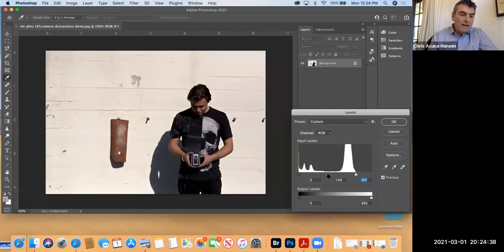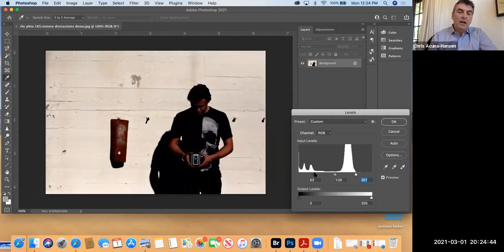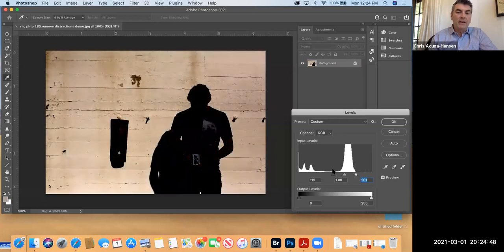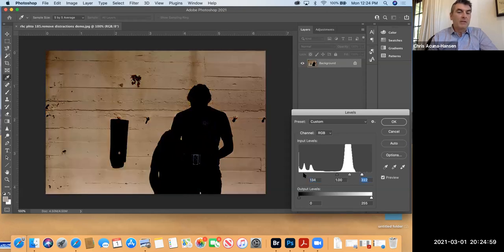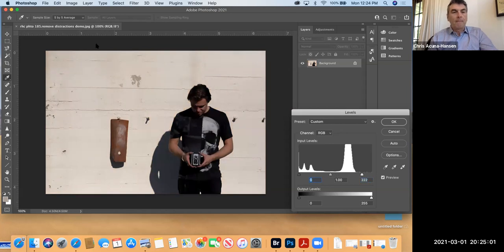You'll notice that the gray slider also moved over, and here's the black slider. I can take the black slider and go, oh, everything darker than this point should go black. And you can see how I can just go ahead and make a silhouette of him as well. So, you know, you can use these sliders